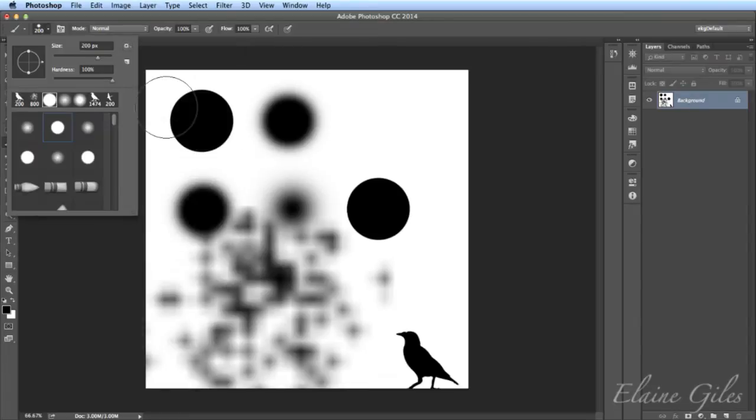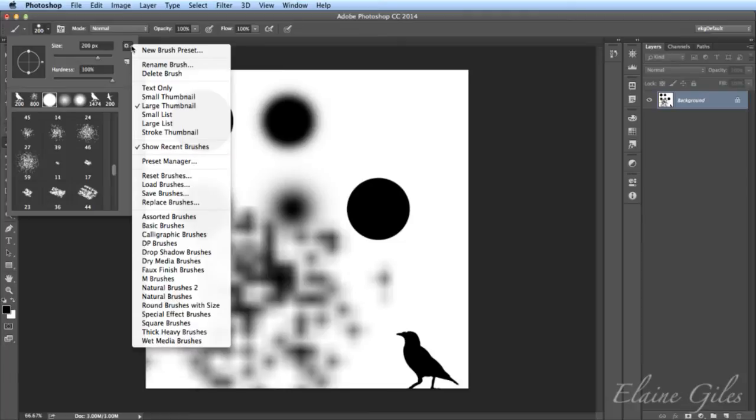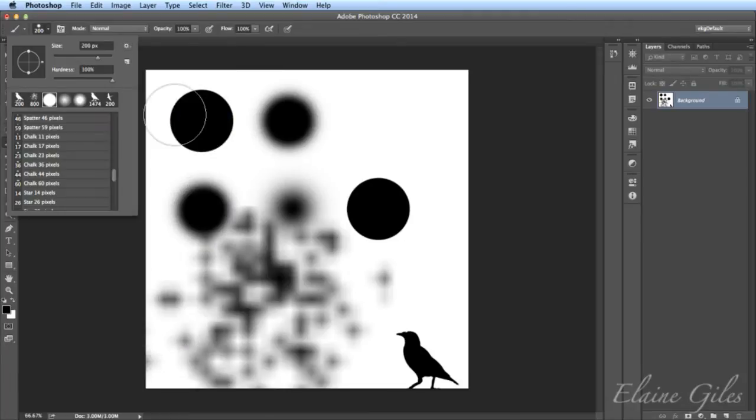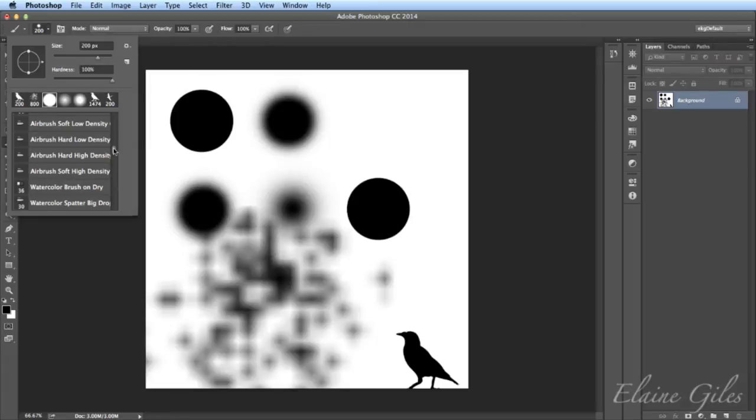Your other option in here, we've seen small thumbnail, you also have large thumbnail. So if you want to see the brush a little bit clearer, then you can make it a large thumbnail. Although, to be honest, sometimes what you see in here doesn't actually bear much relation to what actually happens when you start painting with it. But the option is there. You also have small list. So that gives you a list, but it gives you a preview as well, but it's very, very tiny. Then you have large list, which gives you the best of both worlds. So you've actually got the name and you've got a very small thumbnail.